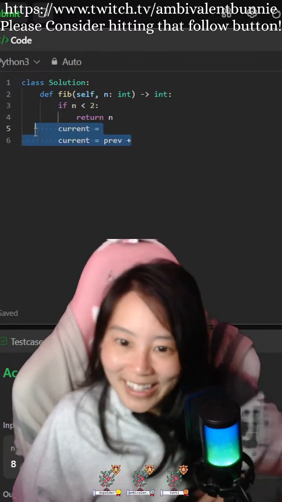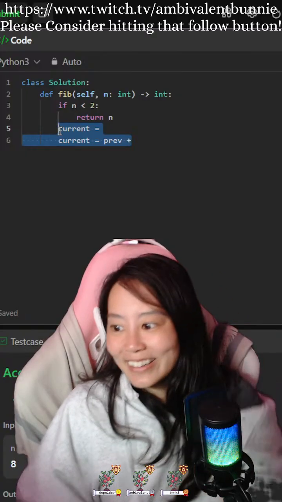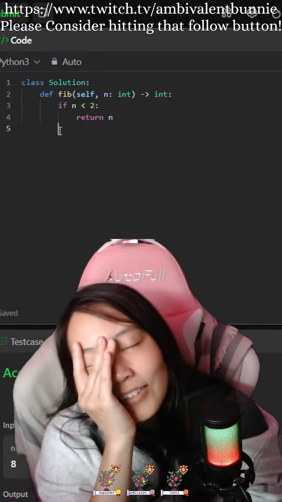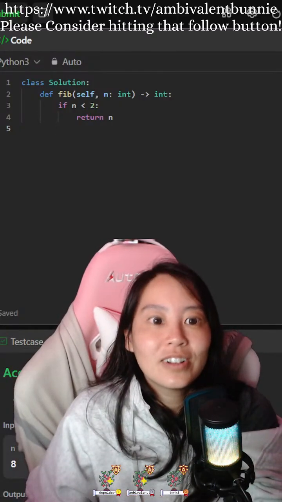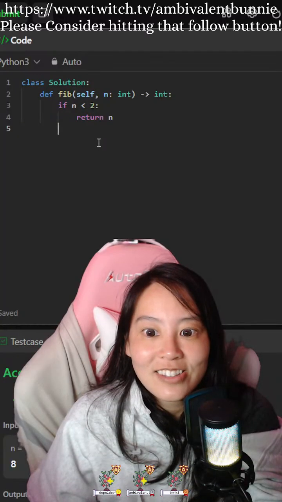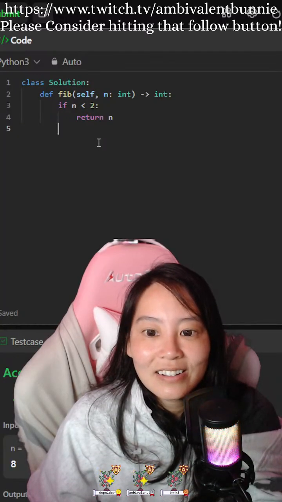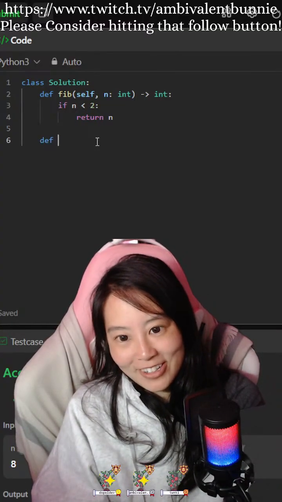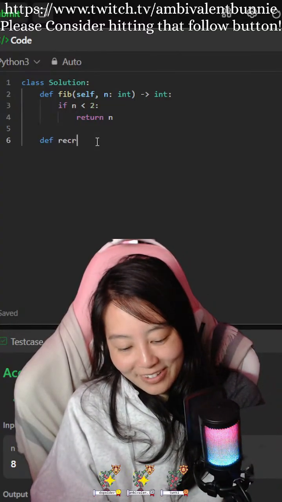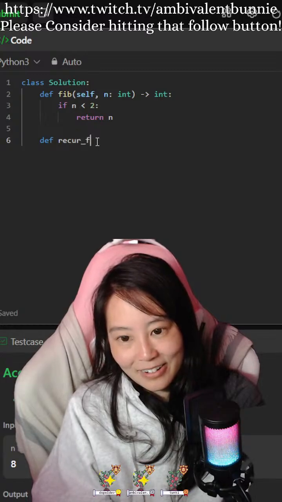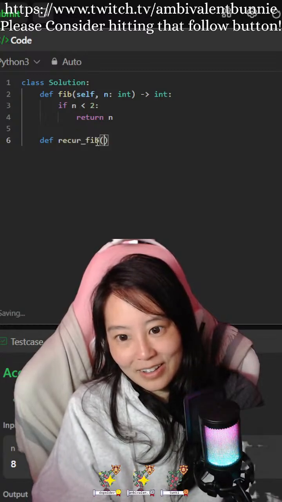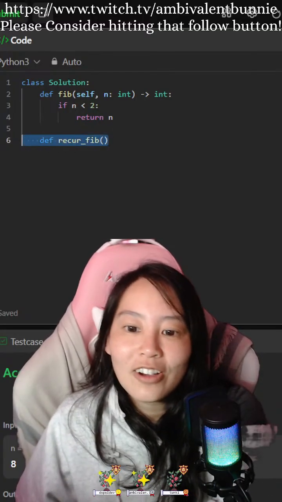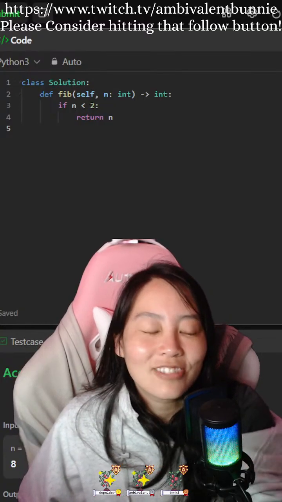No. Oh my god, now I can't remember what I was doing. Okay, so how did I do this originally? We're going back to my recursive function. No. Okay, hold on. We're gonna look at solutions.